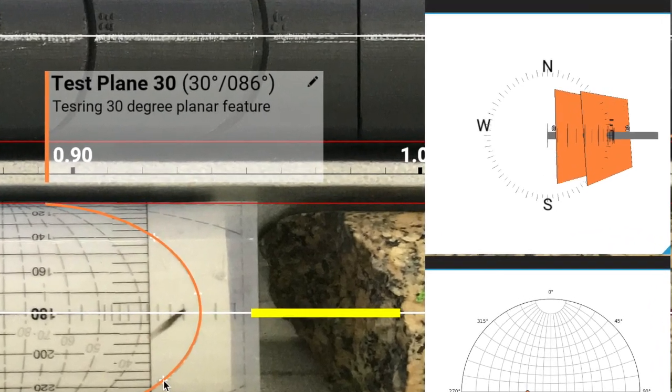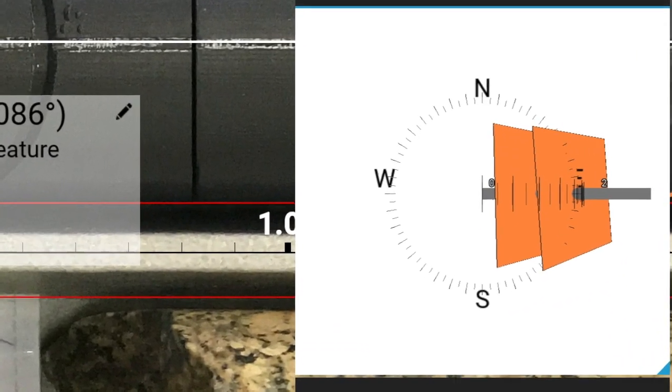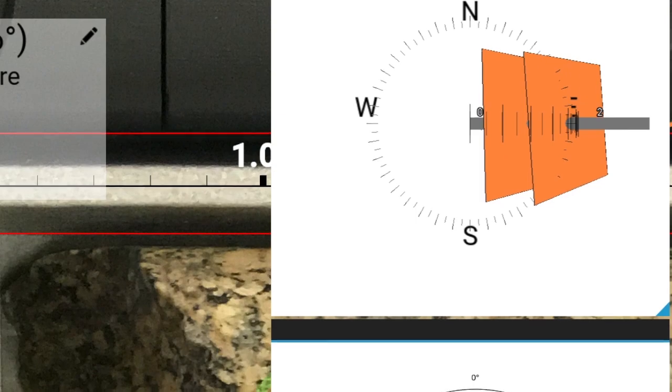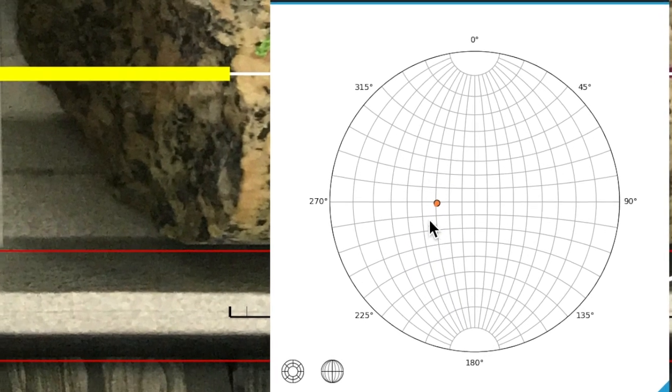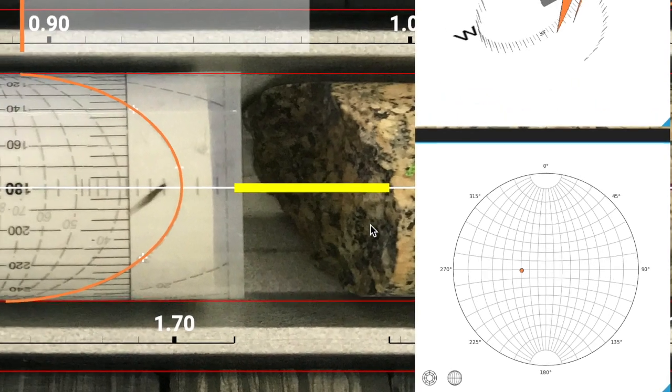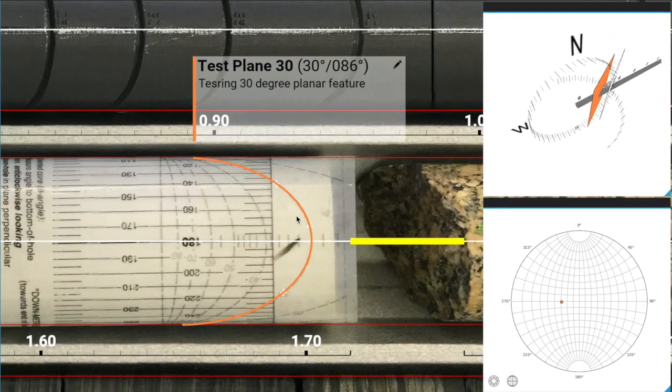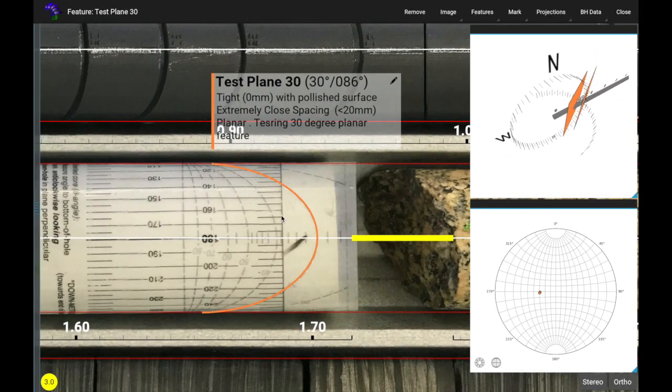Once again, we can see the flashing plots on the StereoNet and the orthographic projections, showing the correct dip and dip direction. Once again, remember the inclination preset of 0.1 negative and an azimuth of 90 degrees. Once we have vetted the pole on the StereoNet and confirmed that it is plotting correctly, we can press Enter